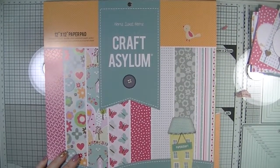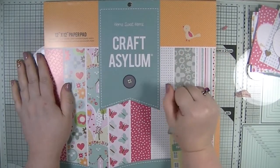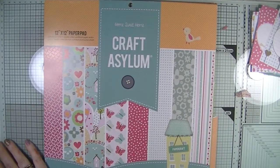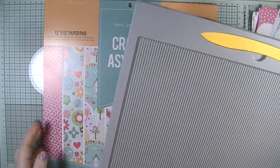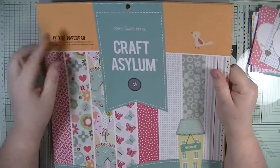It's Dawn here. So today we are back for another 12 by 12 tutorial. This one is going to be, we're going to make a pocket letter. So let me grab my scoreboard. So the 12 by 12 paper pad that I'm going to use today is the Home Sweet Home Craft